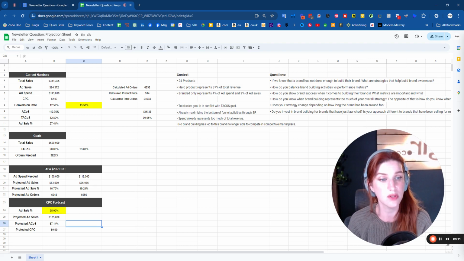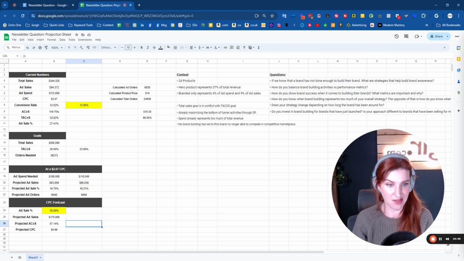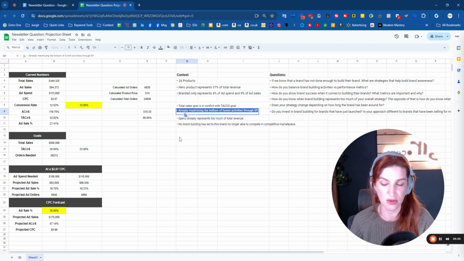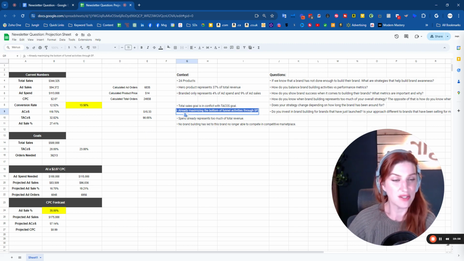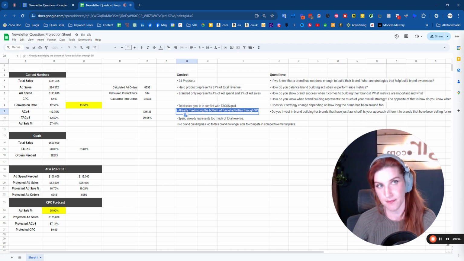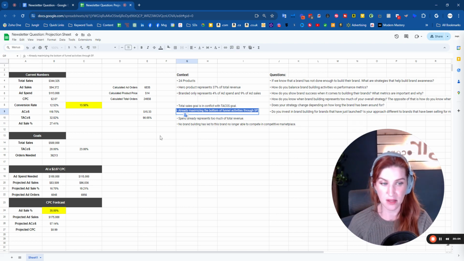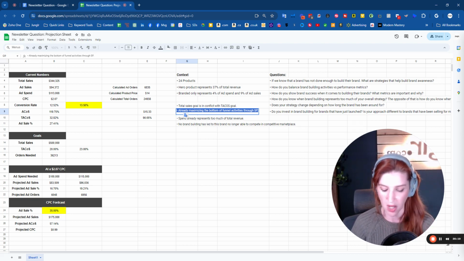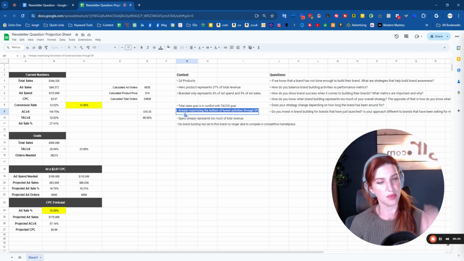Okay. So, what is your goal as an advertiser? You said you already maximized the bottom of the funnel activities through sponsored products. My question to you is, when you say maximize, are you talking specifically and only about rank building strategies? Or do you have a fully fleshed out ad funnel? Fully fleshed out meaning we're leveraging broad match, phrase match, auto campaigns, sponsored display ads. I mean, you mentioned just sponsored product ads, but